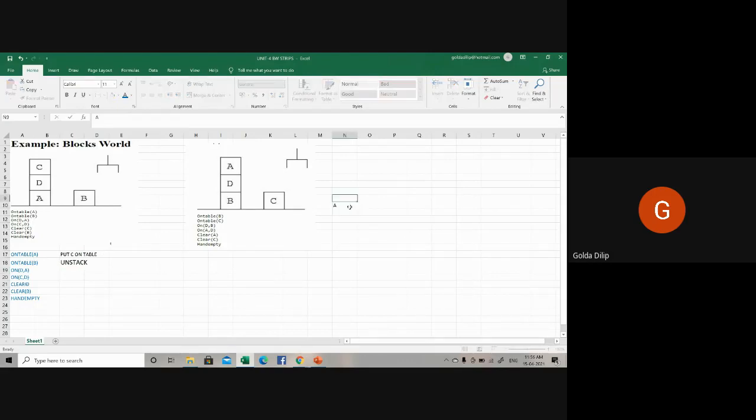This will be A here and B here, then B will still be there. Unstack operation means unstack C comma D, as a result of which my robo arm will be holding C. The next action can be put down C on the table. So this will be the situation right now.